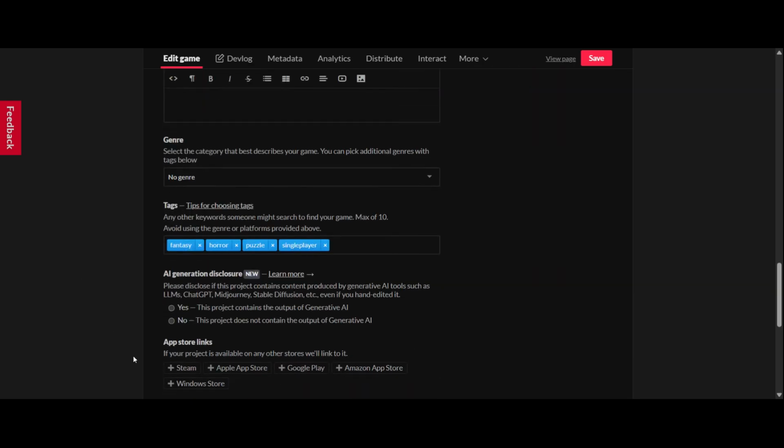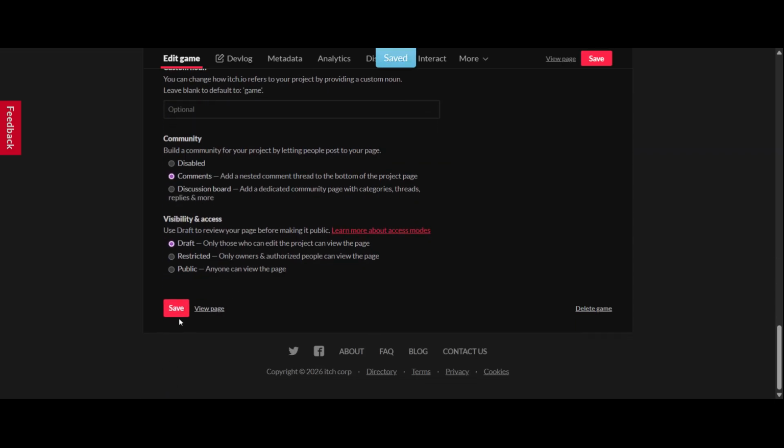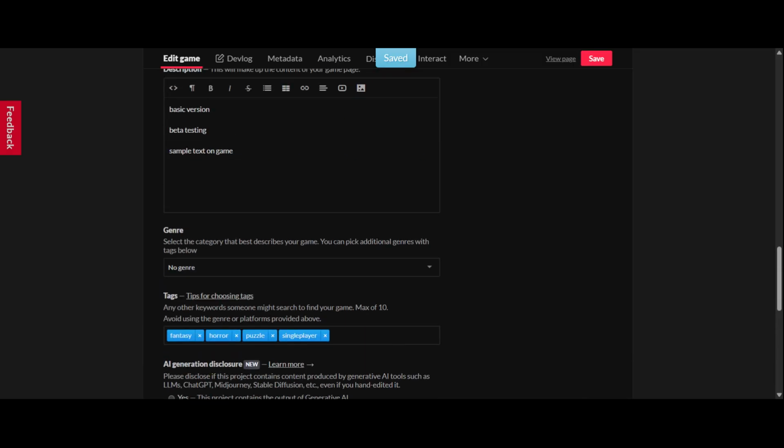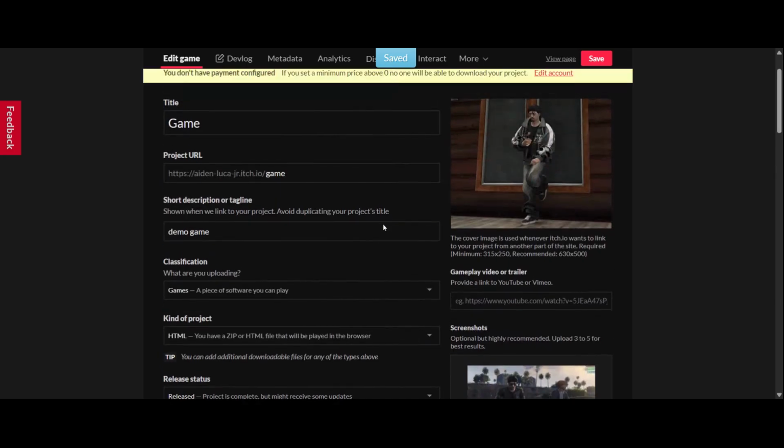That final step uploads the configuration and applies the browser playable settings to your project. After saving, your game should be available in an embedded format on your itch.io page, allowing visitors to play it